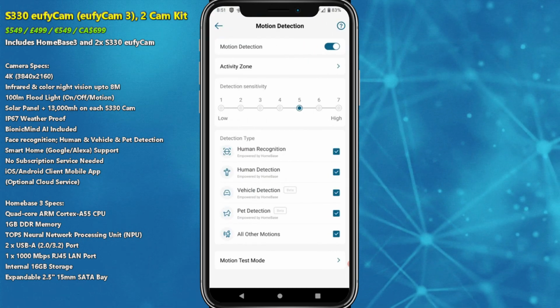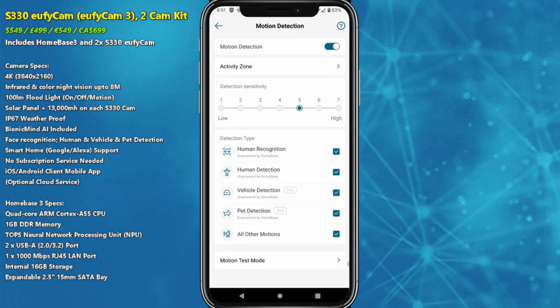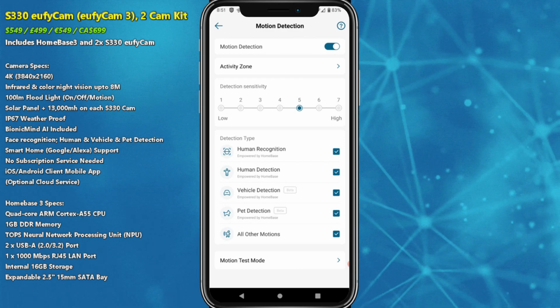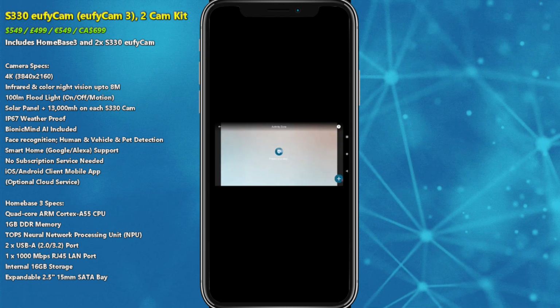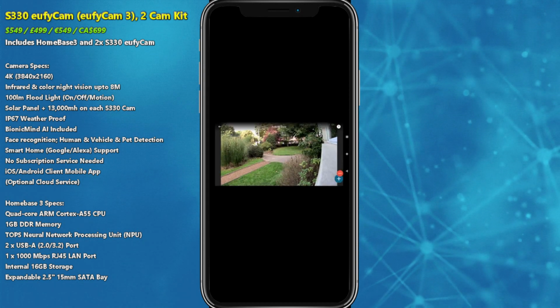In terms of motion detection, you can choose both the sensitivity of the motion and the type of detection there on the bottom of the screen. Now again, we will be going through some of the alerts later in the video. We can also activate an area of effect. I know the screen is going to rotate there, but if I chose to, what I can do is move